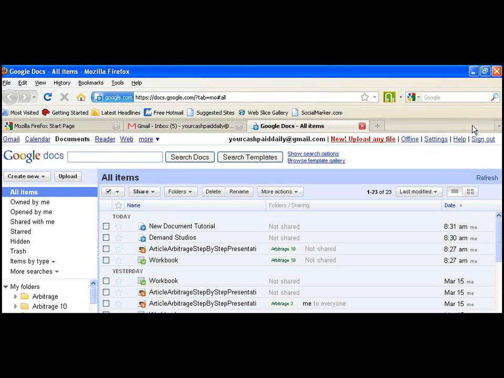Google Docs can upload any file from your computer, even zip files. So if you need to back something up because you're going to need easy access to it later, you can zip it and upload it right to your Google Docs folder. You can share links to files, you can share links to folders, you can create your own spreadsheets, and if you create a spreadsheet, say in PowerPoint, that has a background that Google Docs doesn't have, when you upload it, that